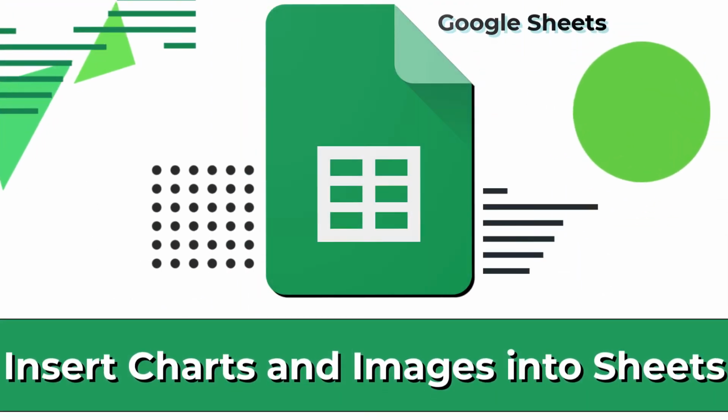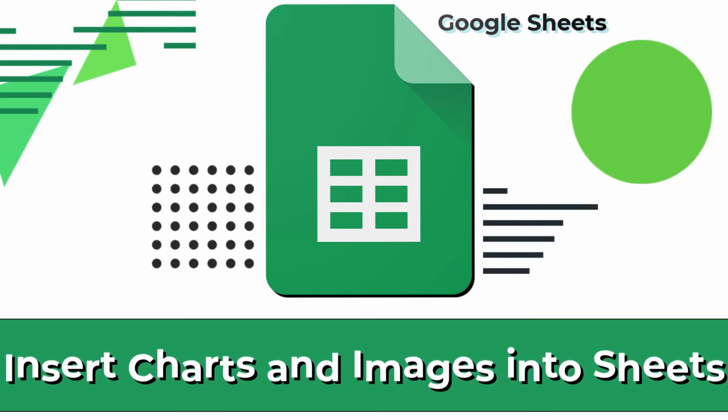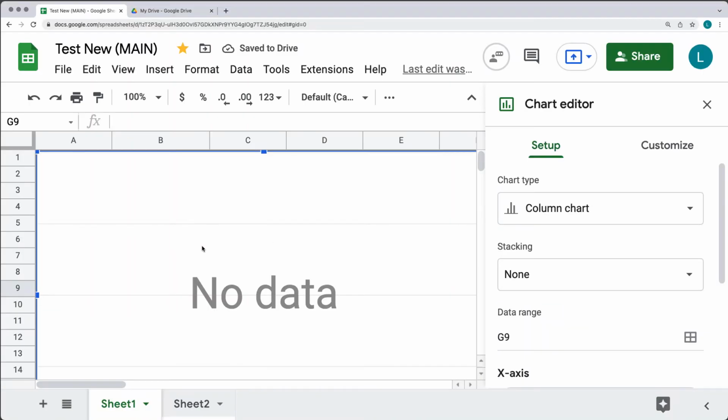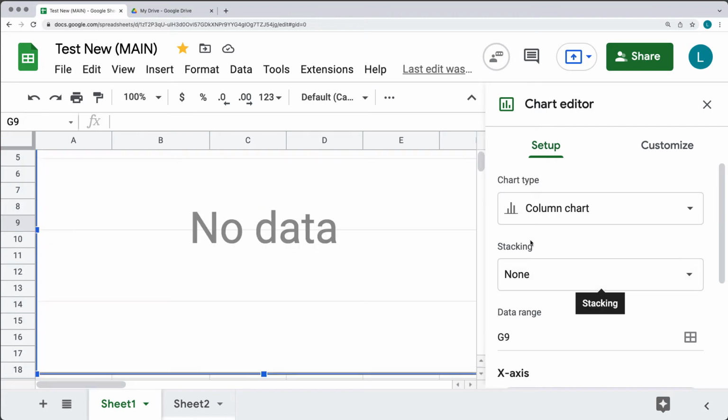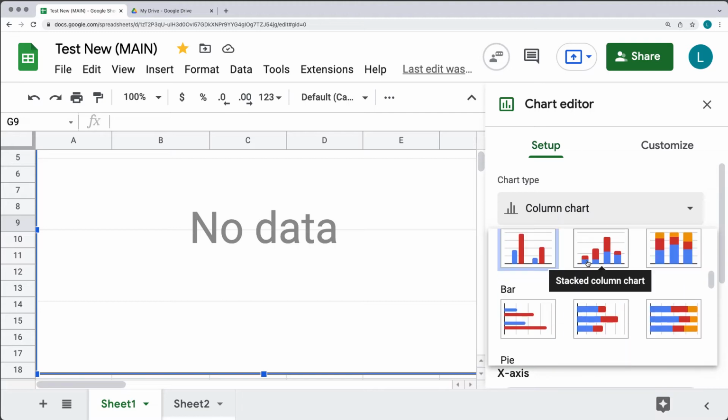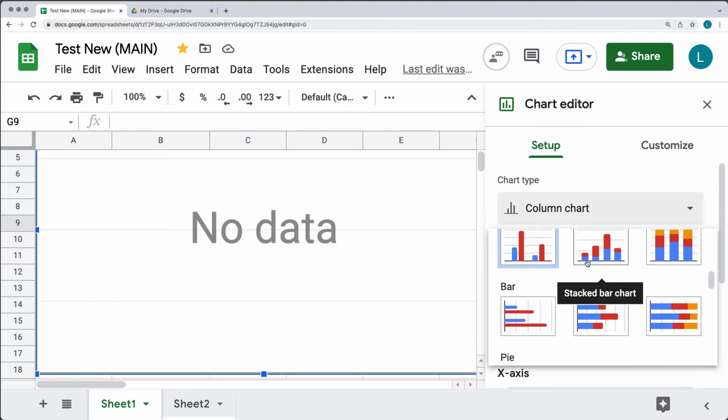Under the insert option, you can also do charts. Selecting it is going to open up the chart window and allow us to chart out content. By default, we've got a setup and we can also customize. For the chart type, you can see from the drop-down menu there are various default chart types that we can